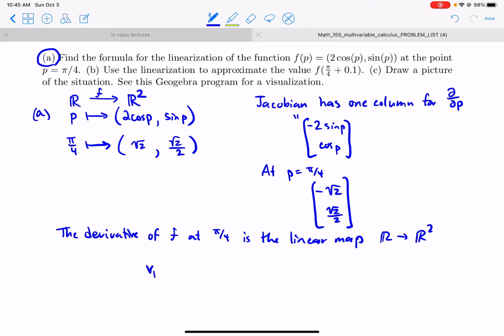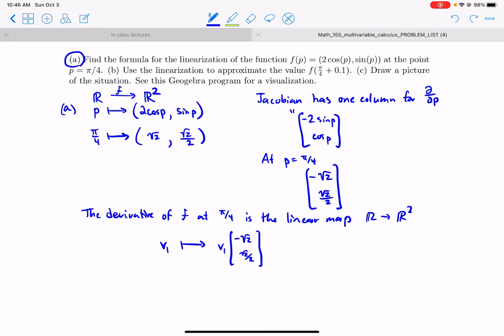And so I'll just call the real number, I'll call it v1. And it gets sent to v1 times this particular vector that's pointing somewhere. So all multiples of that vector are the outputs of the derivative. Okay, so the derivative is that linear map. And so the linearization at the point pi over 4 is